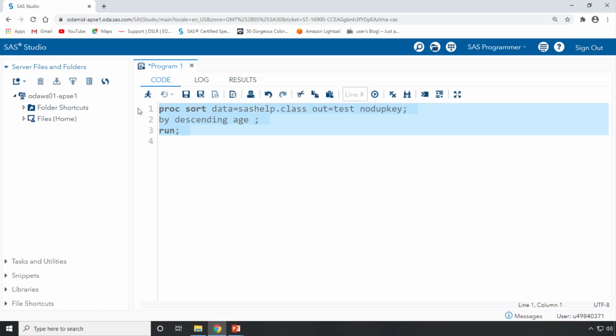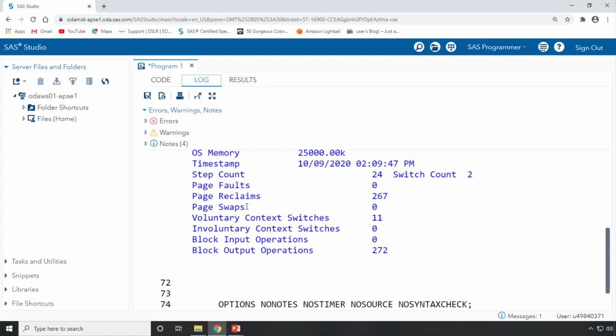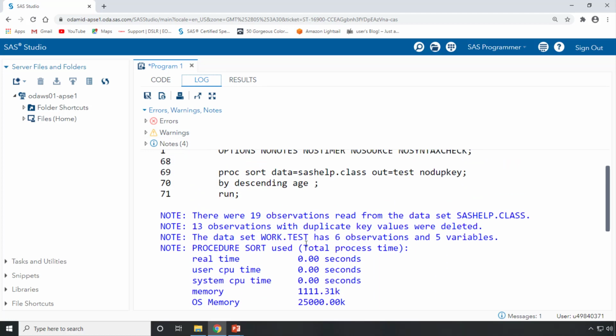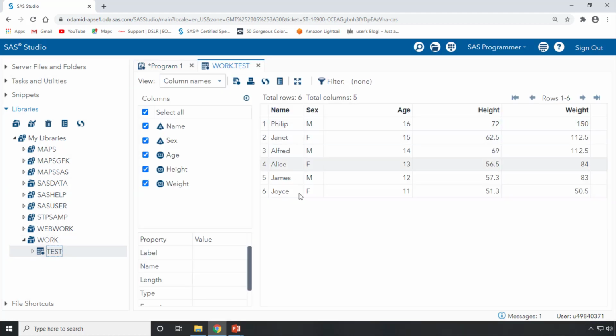Now if you execute it, you can see there are no issues. Total 6 observations in your data set. You can see the data set in your libraries location, work library. The test data set is created with 6 observations.